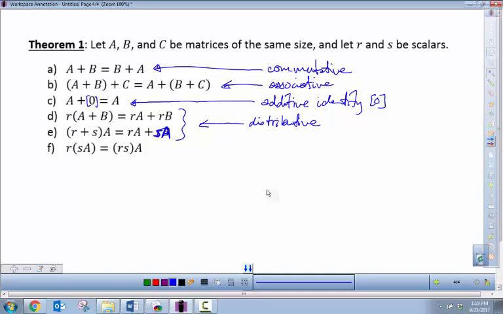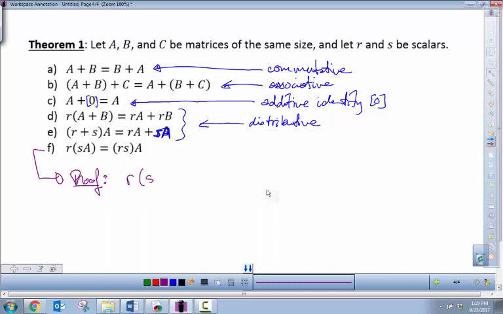Now let's see if we can prove one. Let's prove this last one. As a math major, you're going to be doing a lot of proofs. Maybe theoretical physics too. So to prove this, we have